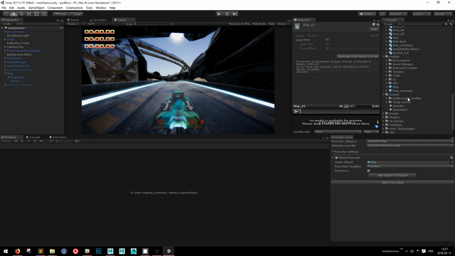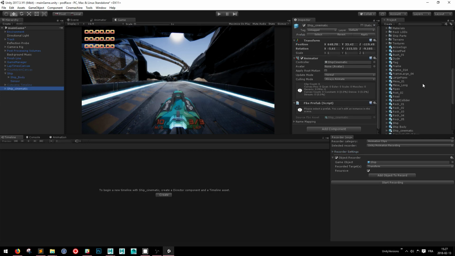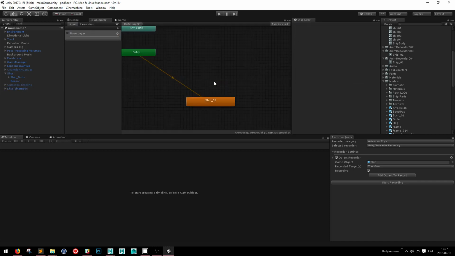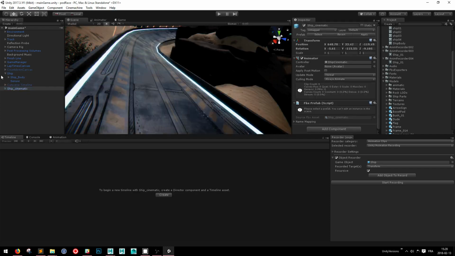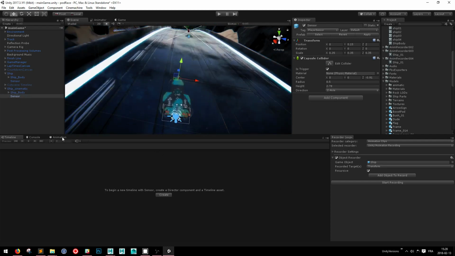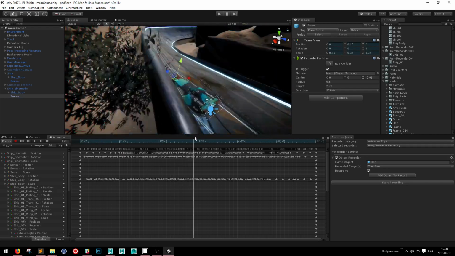So I have a prefab of the ship without all the controllers from the gameplay asset. So the last animation in here, I'll drag and drop that. Get rid of this one. Take a look. I'll double check that it's still working. Animation ship 01. You can see first bump